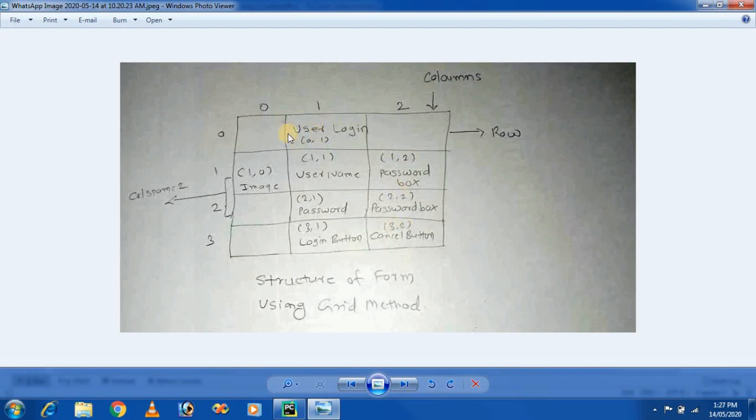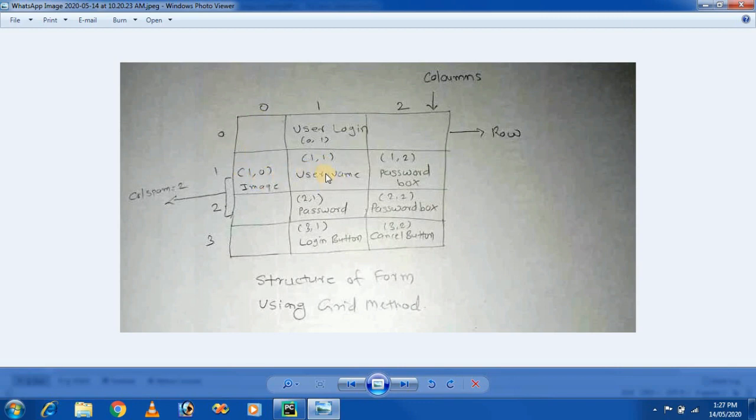So user login is a label which is placed at row 0 and column 1 position. So this is a raw structure of designing, or how we can place a widget on a window. This is an image, and this image is placed on row 0 and column 0, row 1 column 0.